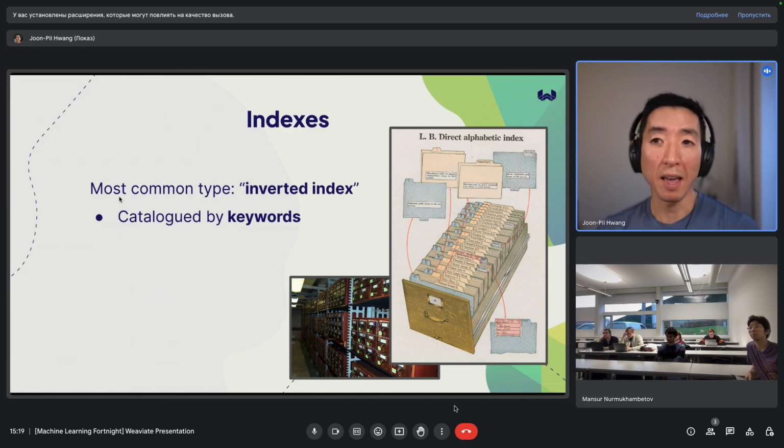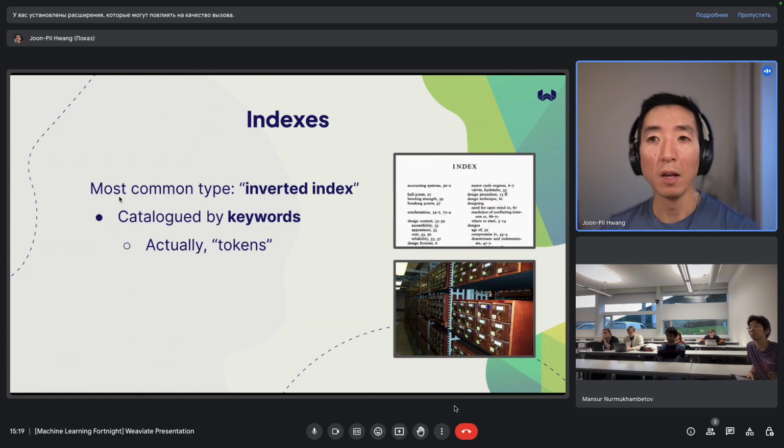But if you think of it as some basic bits of strings, again, using CS terms, that's what you're cataloging your data for, and that's what you're searching for, right? If you think of it as cataloging things by author, there'll be a form of inverted index by author name. So again, the actual thing you're sorting for is a token or some sort of string, basically.